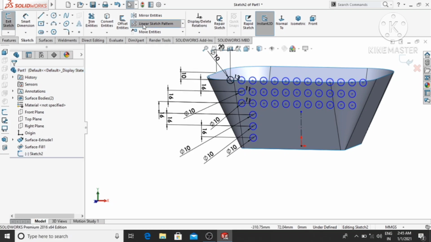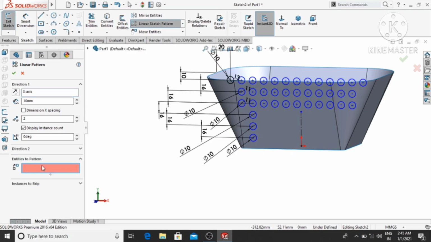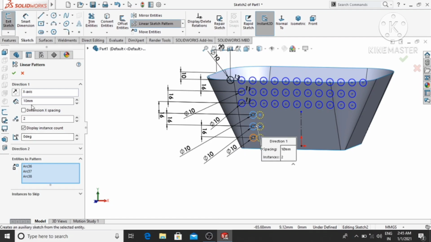So again select linear pattern and here we select this one, the gap will be 16.